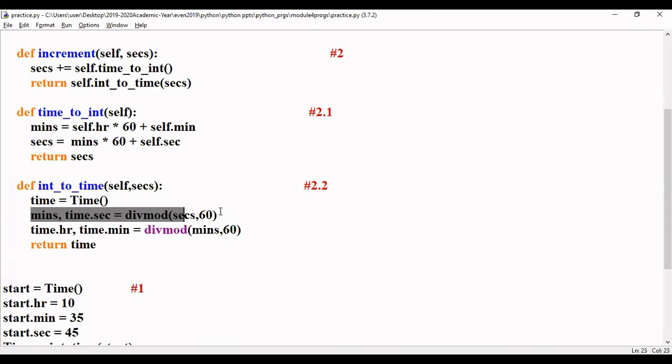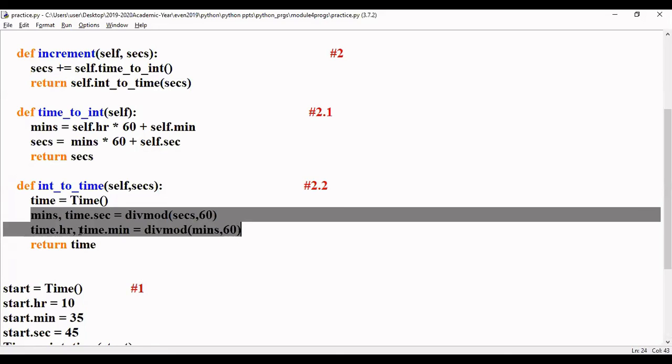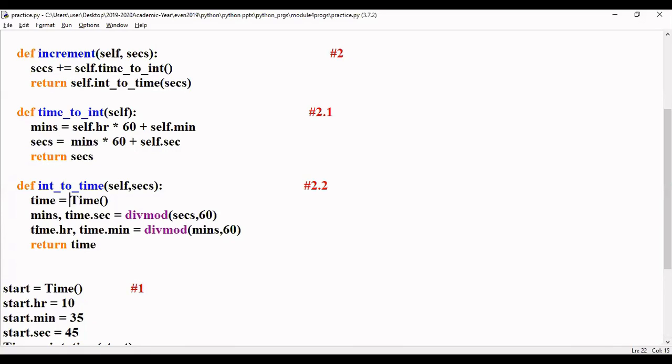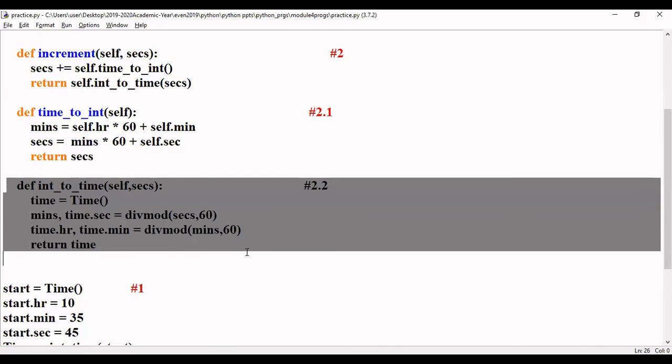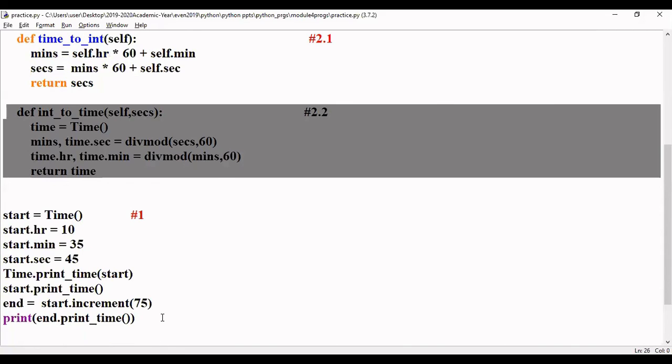Hope now you understand, right? So again we are storing everything in time format: minutes, time.second, time.hour and time.min. We converted everything into seconds, and now again we are converting the seconds back to time in the form of hour, minute and seconds. That is what we have done here.